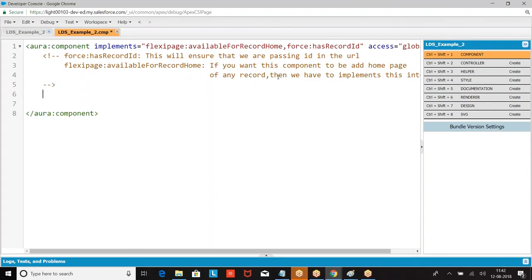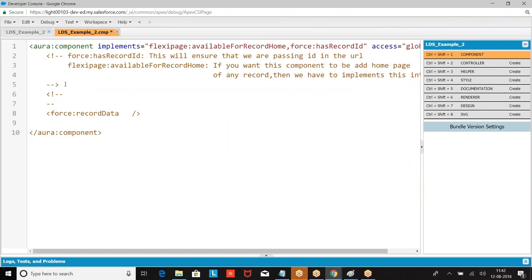Next we had force:recordData. What is the purpose of this force:recordData?